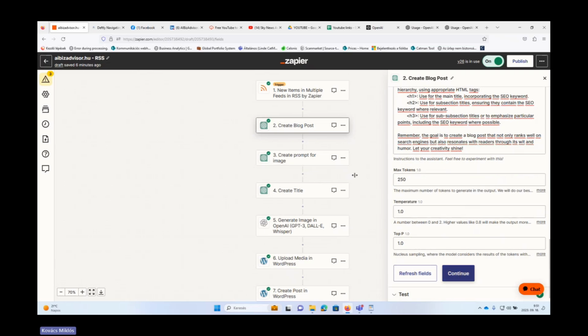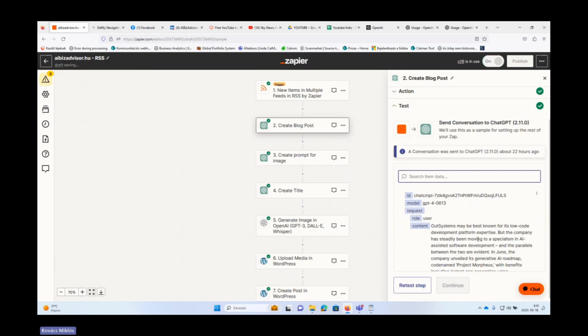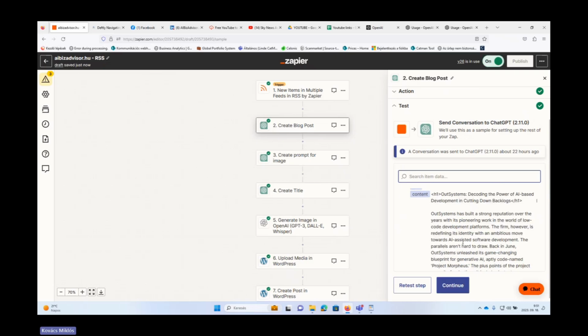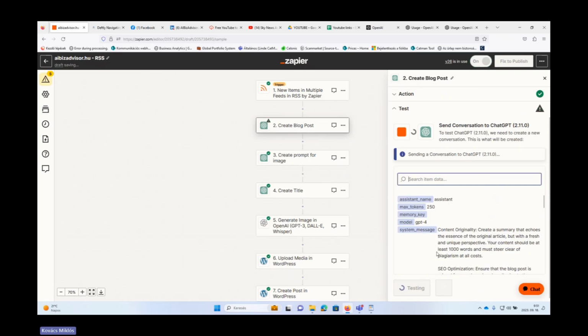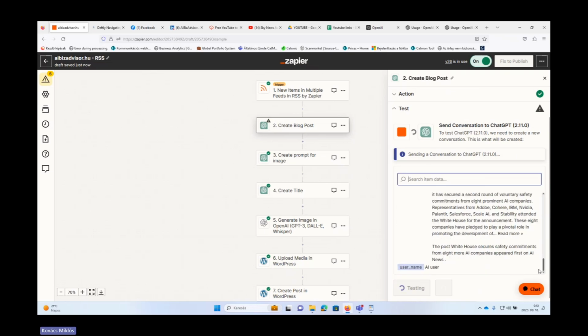So that's it, and if it's all fine, then you can click continue, and as always, the last step is to test your action, whether everything is fine. So I'm clicking on test and waiting for the result. ChatGPT-4 is a little bit slower. ChatGPT 3.5 is super fast.